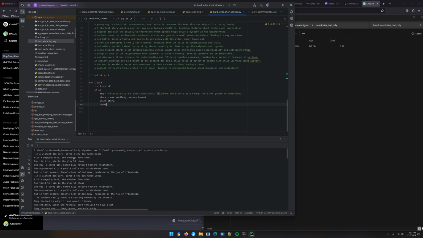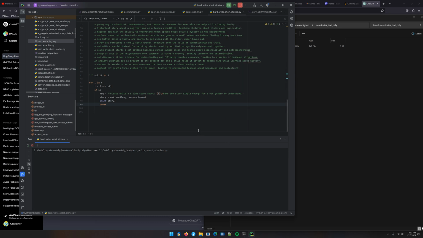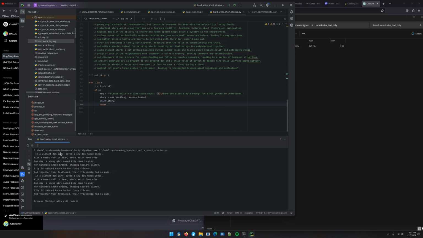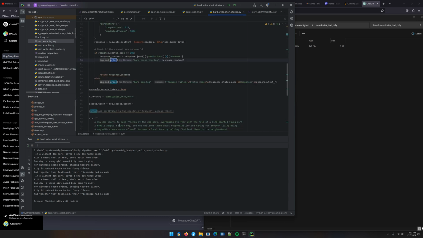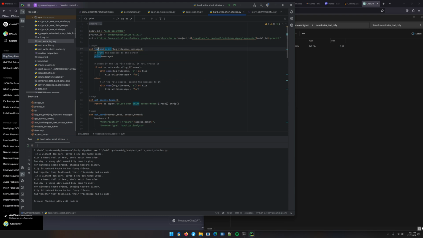Okay, it's obviously working. Run. Why did it print twice? Oh, because it's log and print.